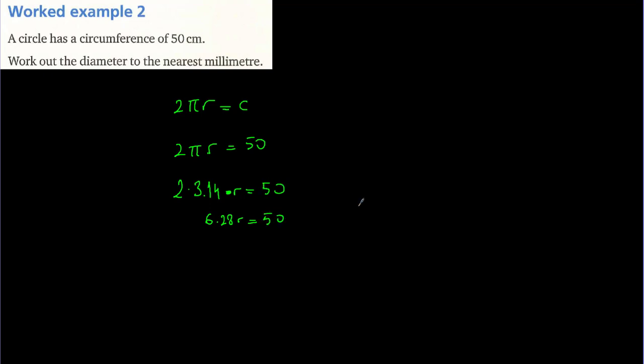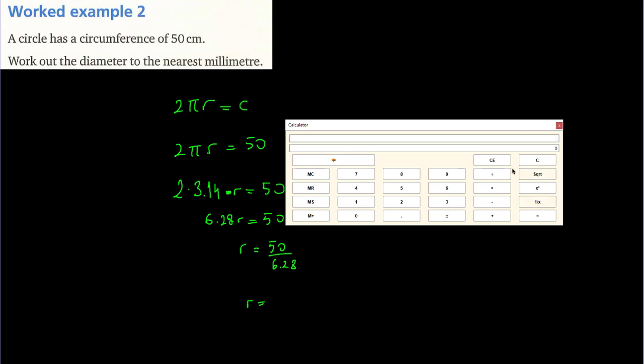If 6.28 r is equal to 50, r is equal to 50 divided by 6.28. I'm going to use the calculator again here, 50 divided by 6.28, which is equal to